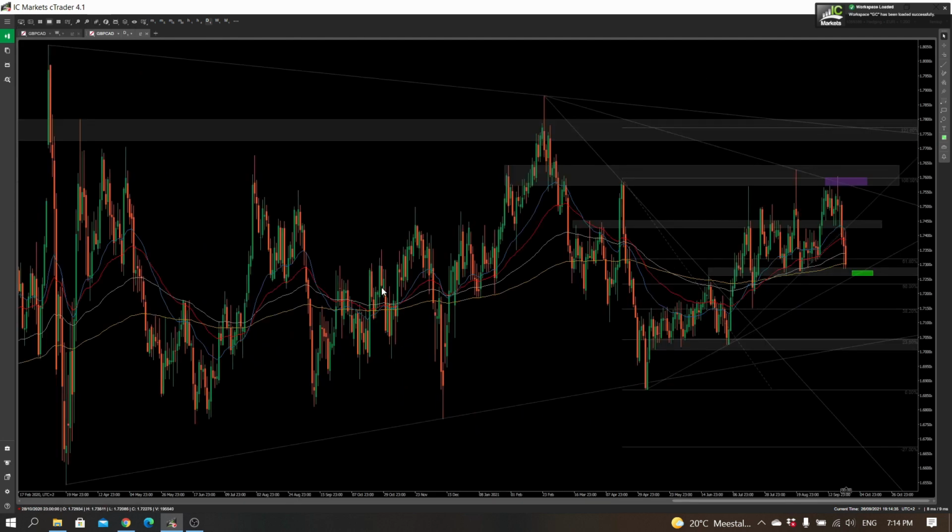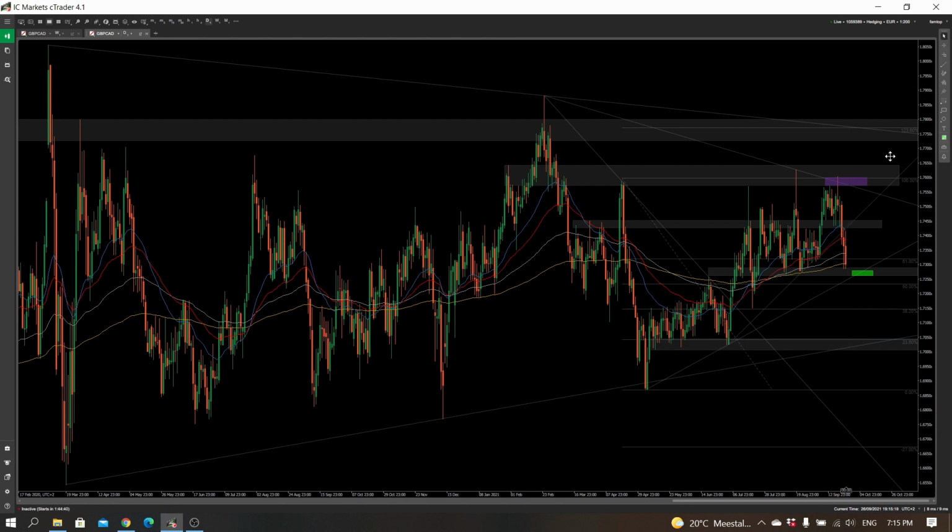Then the Great British Pound against the Canadian dollar has been in a very large range for quite some time, so it's consolidating quite a bit, but within that consolidation there are sometimes trends forming, and right here last week the price was trending quite upwards, trying to break this key level. That's why I also had this purple, for if it broke through I could retest all of this, but as you can see, the price just tested the purple to its full extent and then decided that it will still be in a consolidation. So what I think will happen is that it will again go to maybe here,